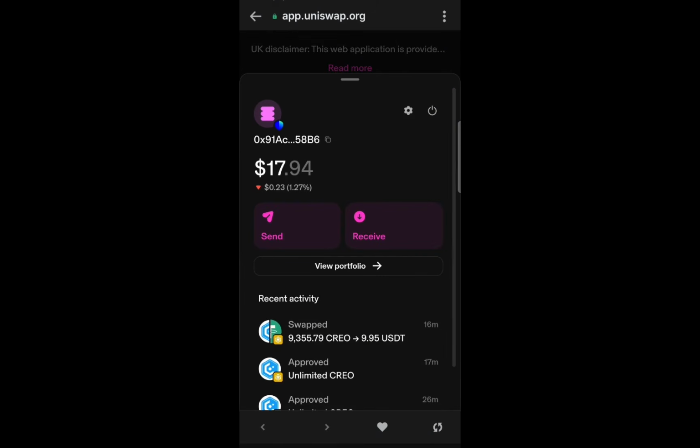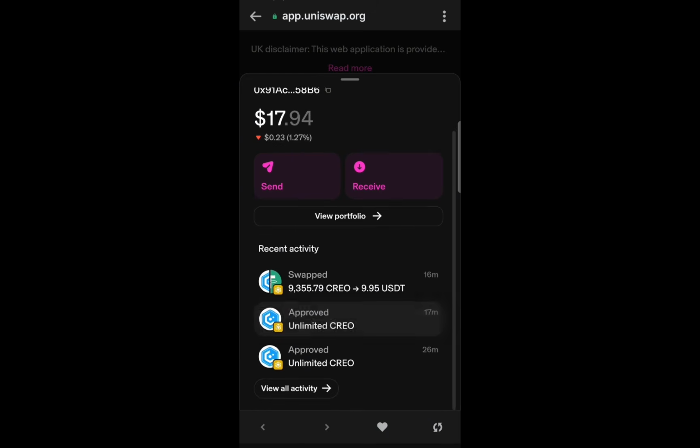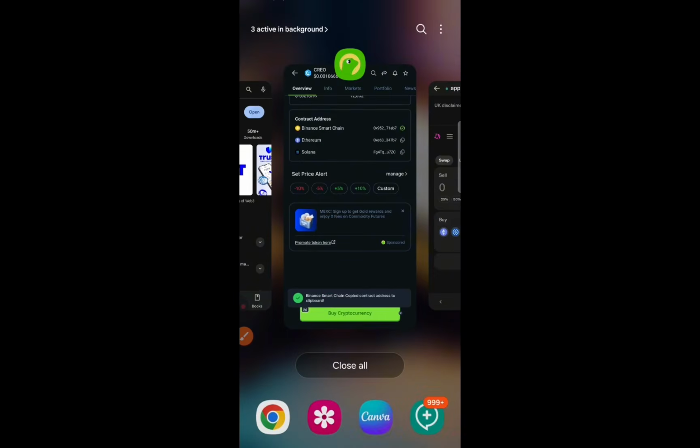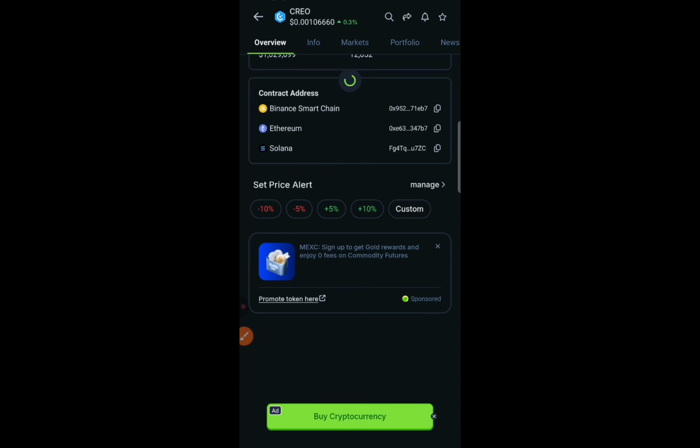See, it's showing that I have $17 here, showing the activities of my wallet. You can see now that I'm connected to the Ethereum network here. Let's say I want to buy a coin. Now, if I copy this coin's contract address of the Ethereum version, and come back to this place,